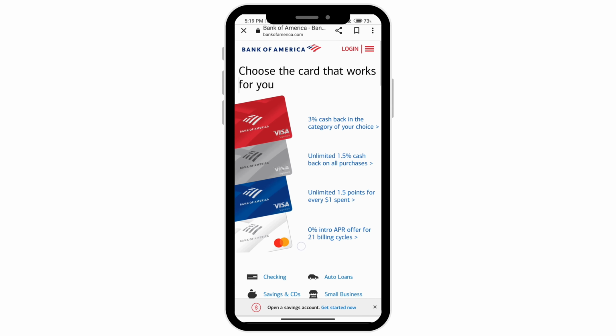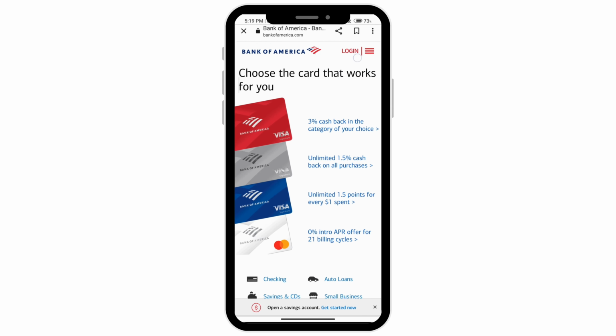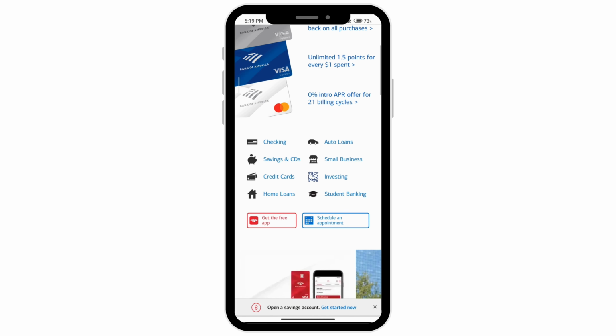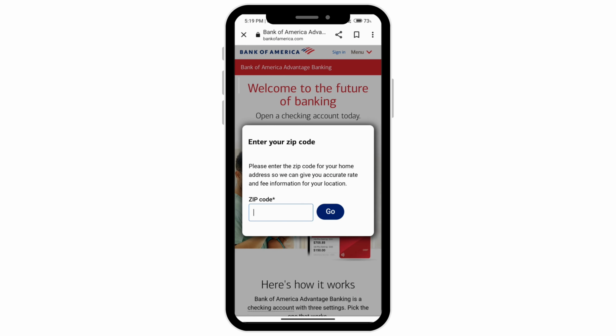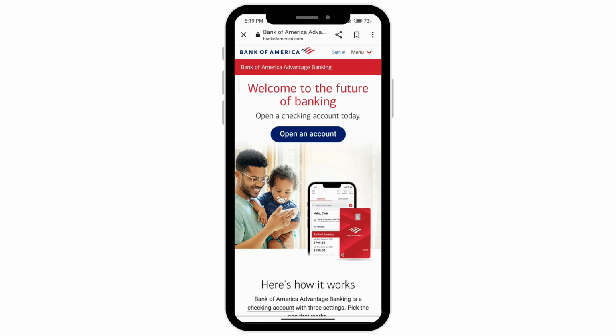So if you already have an account, you can just click on login. But when you're signing up, you can choose the account that you're trying to create. So just click on the one that you like. And then you'll need to enter your zip code. So just go ahead and do that. And once you enter the zip code, go ahead and click on Open Account